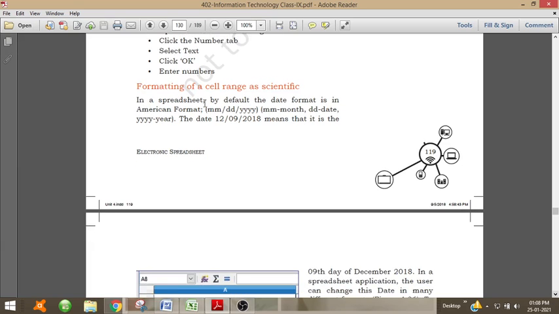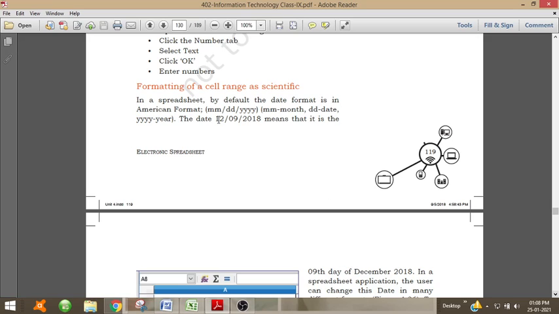Now, formatting of a cell range as scientific. In a spreadsheet, by default the date format is the American format, that is month, day, year: M for month, D for day and Y for year. So the date 12/9/2018 means the 9th day of December.